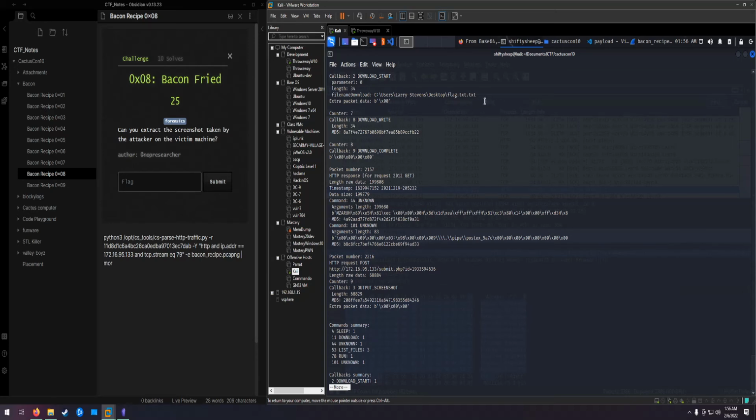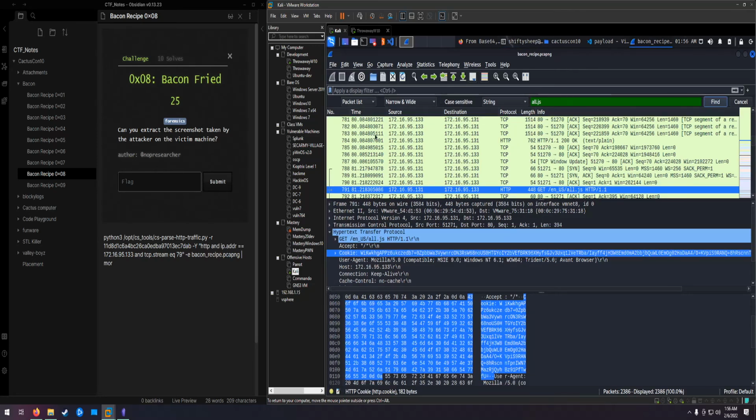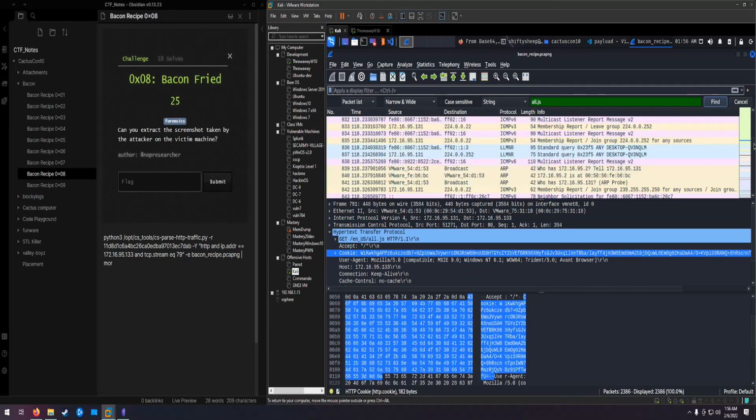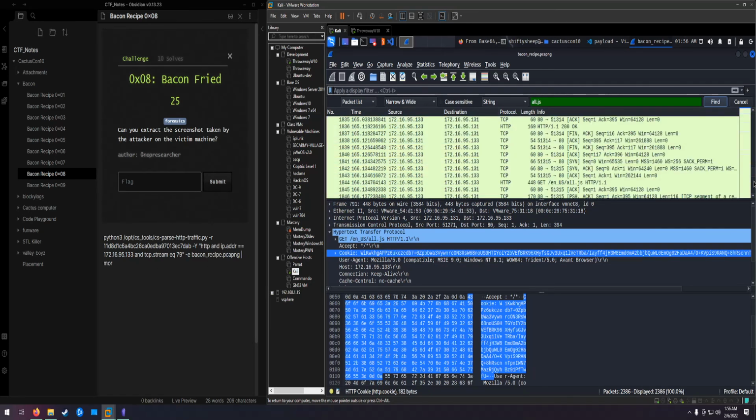So they actually asked to download flag.text.text, which we'll probably want at some point. But right here is the one we're looking for, is output screenshot. So we're going to look at packet number 2216. And so if we go back into Wireshark, what we can do, because what we're going to want to do is filter it down to the TCP stream so we can extract that file. So if we look for 2216,